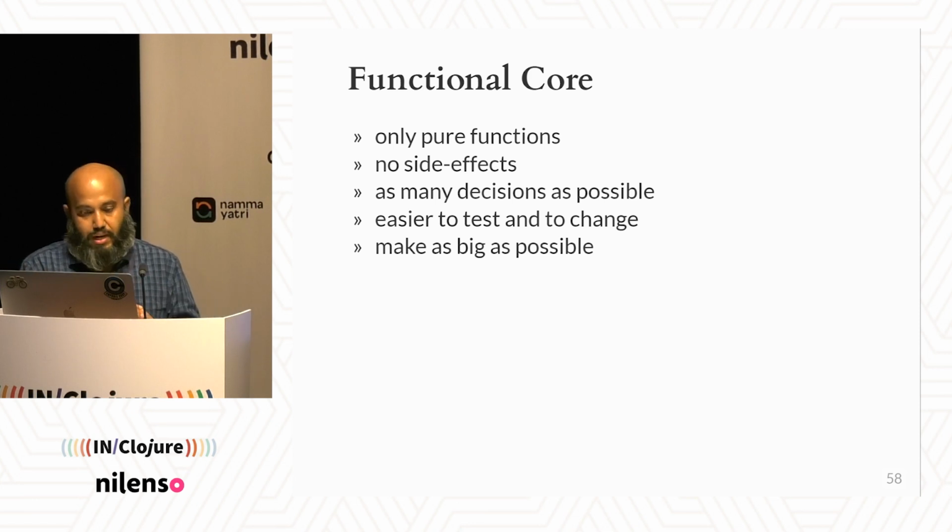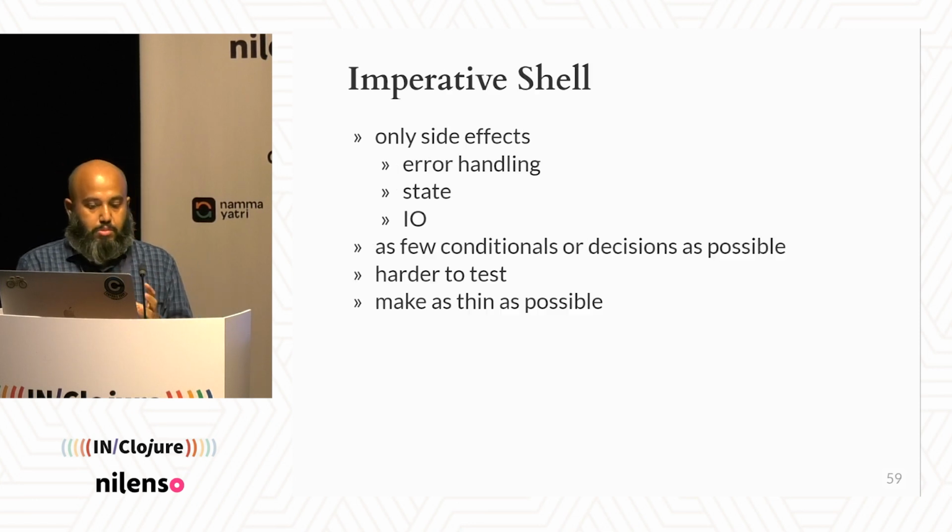You may do, right? So you make the functional core as big as possible, and then you create an imperative shell which only does side effects. No business logic, no computations, no math, nothing, right? So there you only deal with side effects, right? Like error handling, state, I/O, talking to network, creating web connections, WebSocket, whatever else you want to do. But you should not make any business decisions there, as few as possible. It should be just to take the data from the outside world, turn it into something your functional core can understand, and pass it on to the functional core, and do the opposite on the way back, right? No business logic at that point, right?